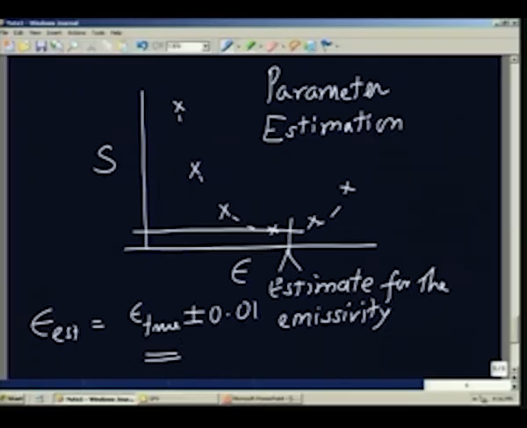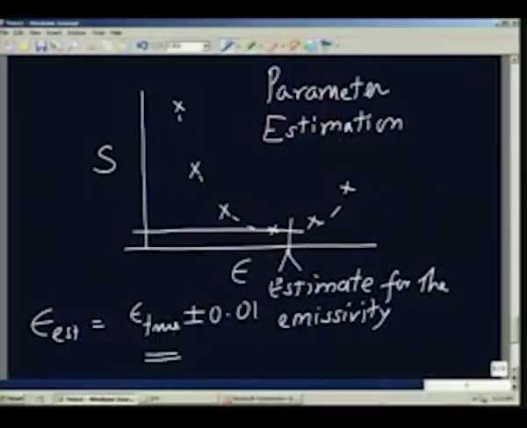We are allowing some object to cool, and we are using an evacuated vessel, and the sample is very small compared to the size of the vessel. Therefore, the radiation reflected from the walls does not come onto the surface of the thing. Therefore, you need to have a small sample, and a small sample also means that it will probably cool more uniformly throughout, and therefore, it is also better from the point of view of the assumptions we have made in the analysis. So, this is one method